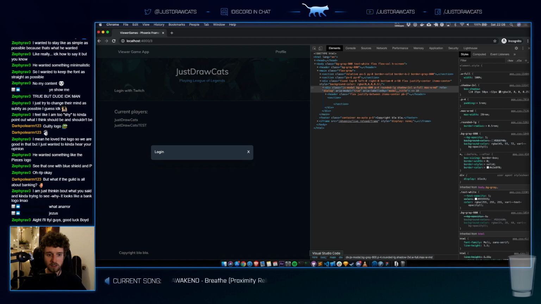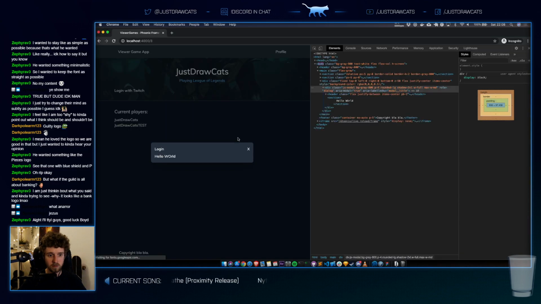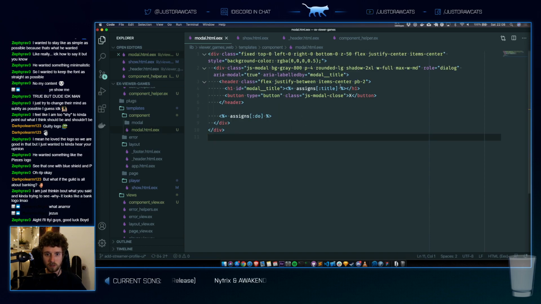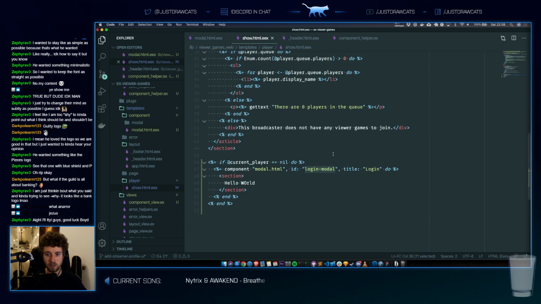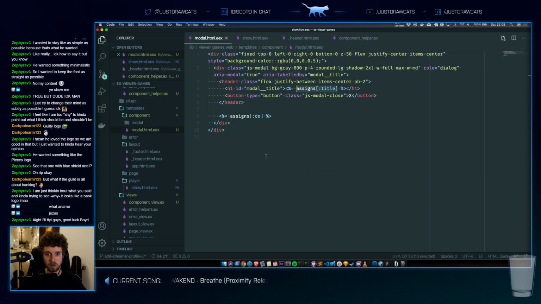The shitty thing is it doesn't actually blow up when I don't pass this, which is kind of a shame. That's just how it goes, I guess. Actually, wait, when I don't pass this, what happens? Yeah, it doesn't blow up.